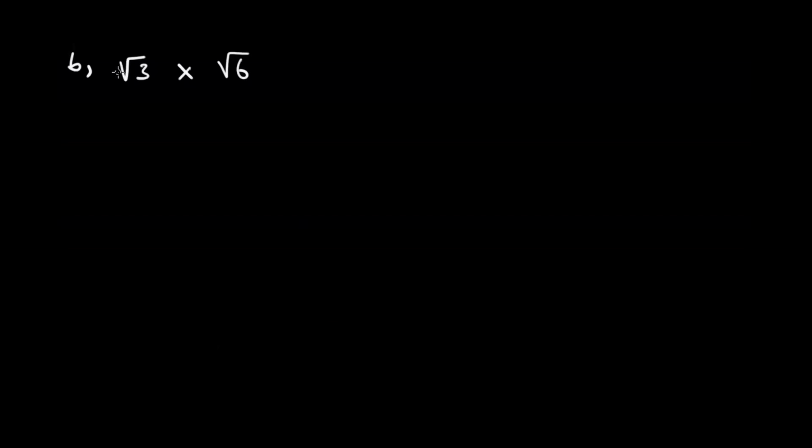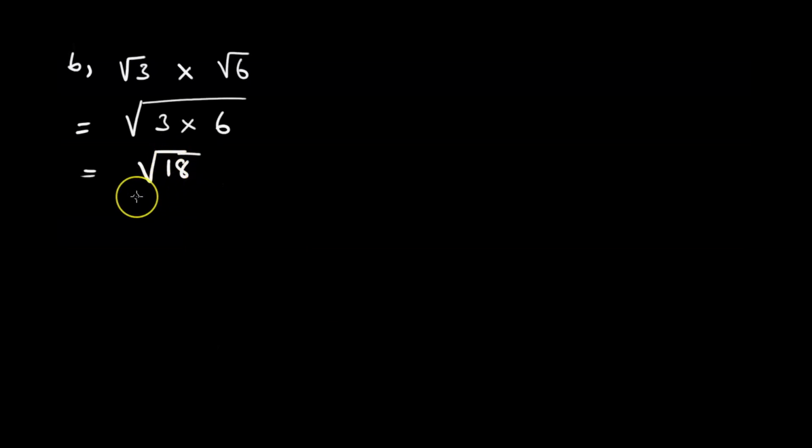Then what about 6? 6 also has no two numbers that multiply to give 6 that help us, because even though it is not a prime number, its factors are 2 and 3. 2 is a prime number, 3 is a prime number. So we can also do nothing here. That means we are left with the option of multiplying everything under one square root. Multiply everything under one square root. We get 6 times 3, and 6 threes are 18, the square root of 18.